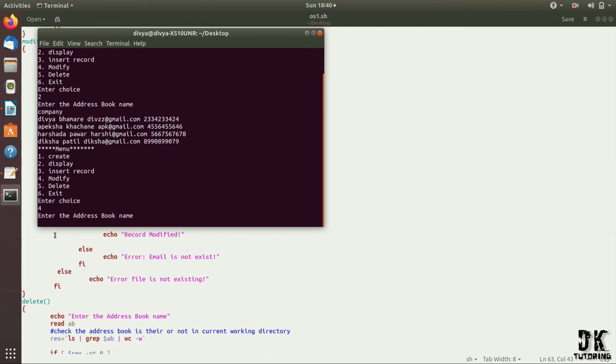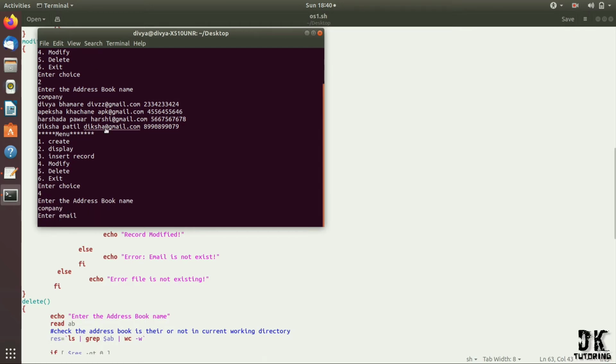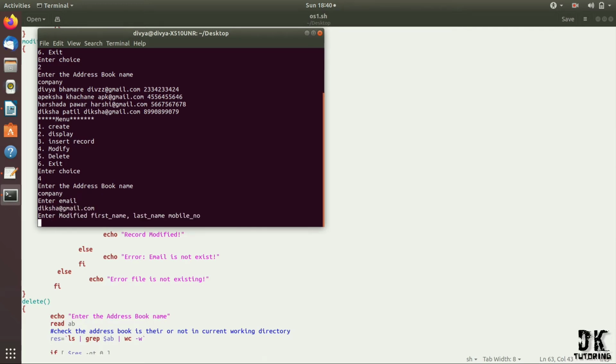Enter choice 4 for modify. Address book name, my address book name is company here. Enter email, I want to modify this record, so the email for this is diksha@gmail.com. I want to modify only the last name. So the first name I'll write as it is, last name Bharambe.